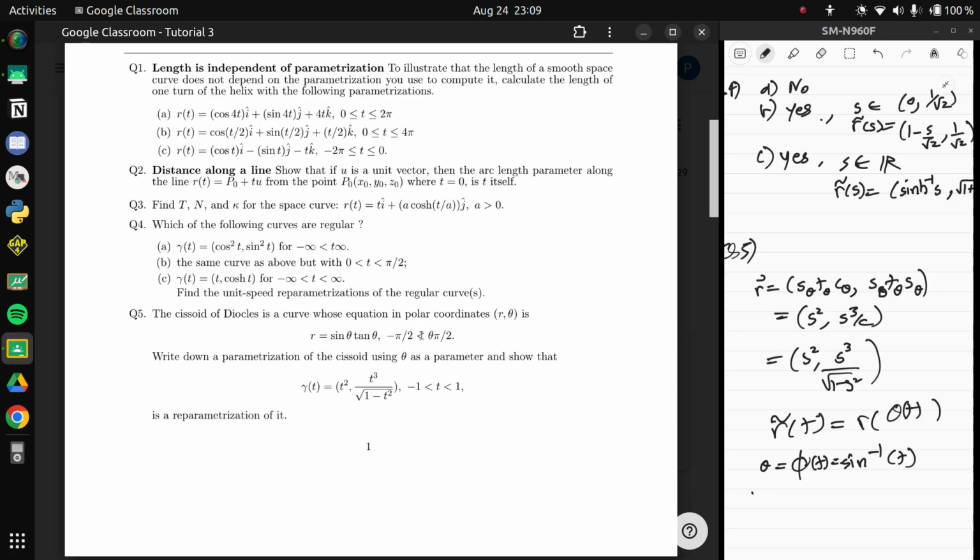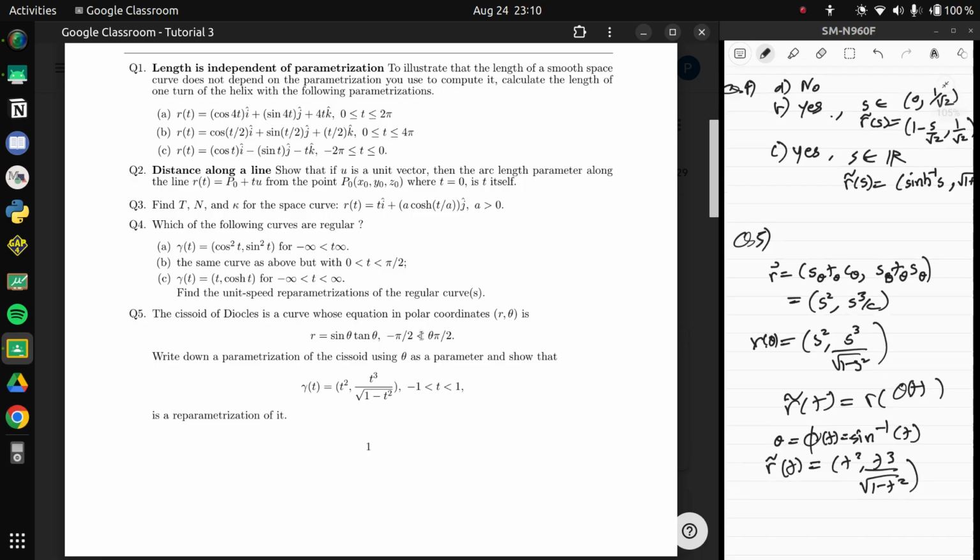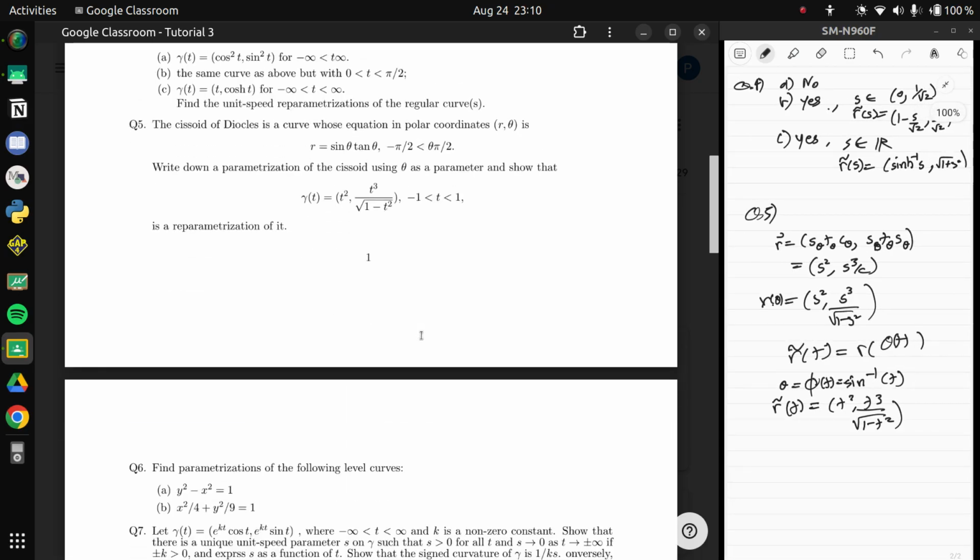Yeah, r tilde of t, that's just this stuff, t square, t cube. This is r of theta. That's okay. So yes, it's a parameterization. Next,